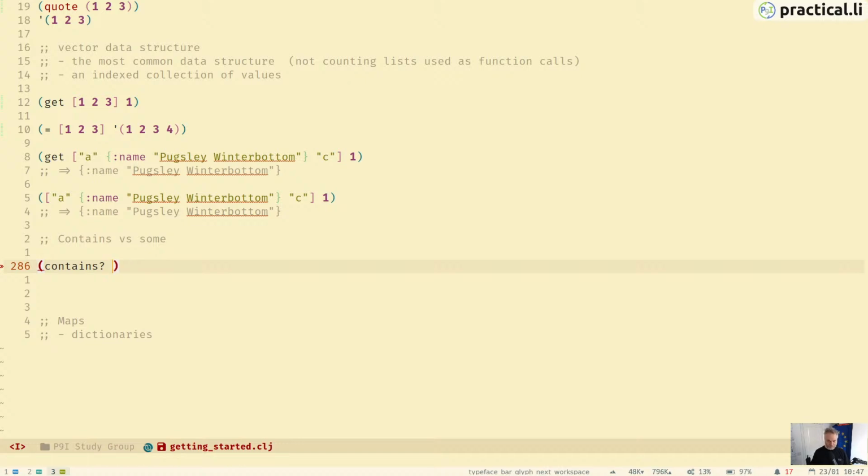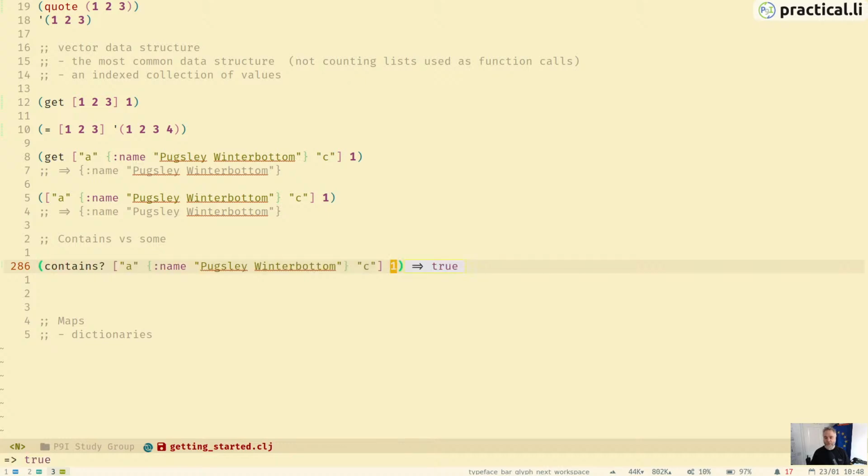If we use the same data structure, it's useful to be aware of what it means by contains. So this is wanting a collection and a key. And so if we do 1 here,